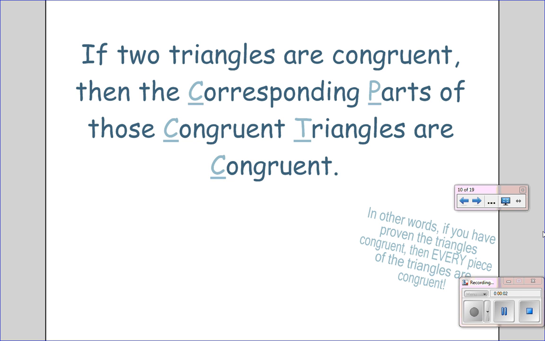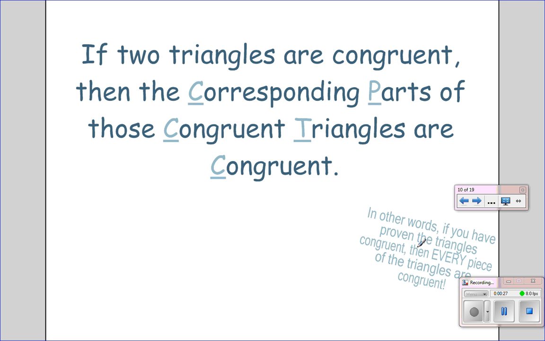Here we'll be looking at the concept of corresponding parts of congruent triangles are congruent. We learned if two triangles are congruent, then the corresponding parts of those congruent triangles are congruent. In other words, if you have proven that the triangles are congruent, then every piece of the triangles will also be congruent. So these last couple of days we spent proving using SAS, SSS, ASA, and AAS that triangles are